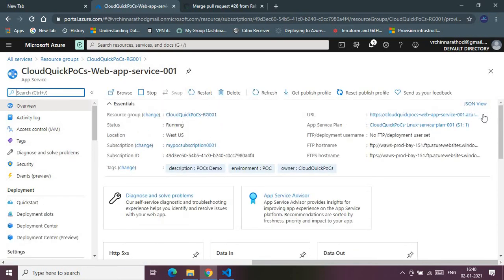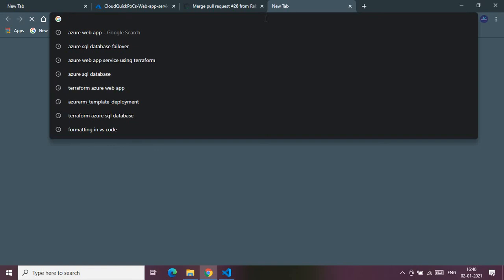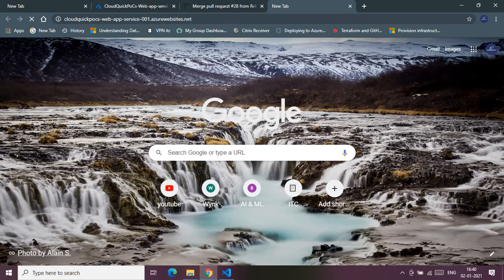We can go ahead and browse it to see if the app is running or not. So this is blank. This web app is nothing but a blank web app from Microsoft Azure. So we are ready with the web app service, a web app server in general. Once your web app is ready, you can host your service. You can host any .NET services